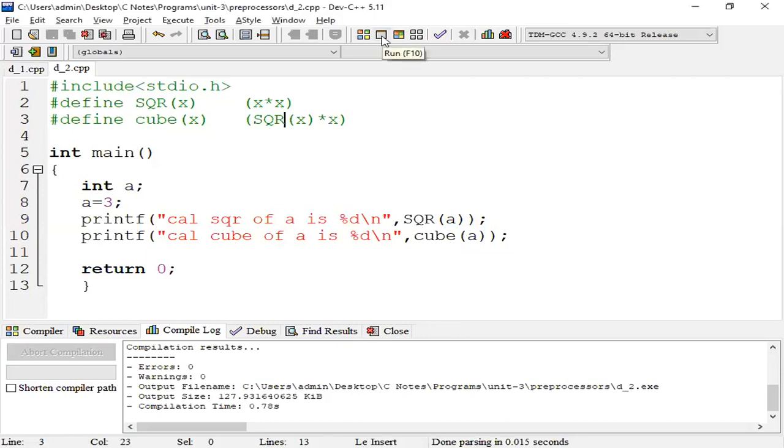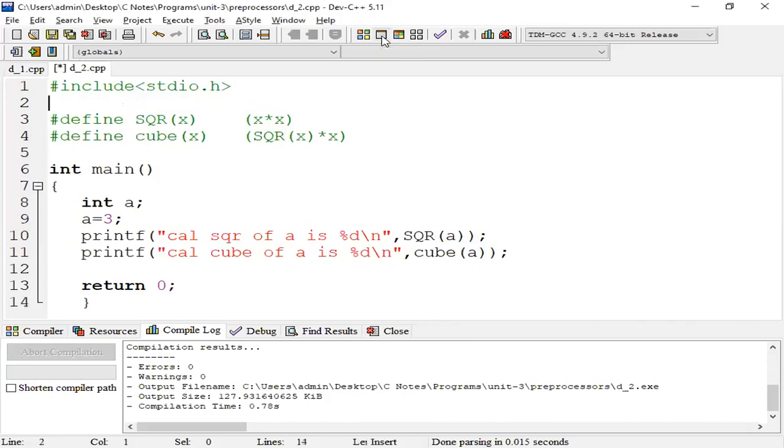Next, we can discuss one more piece of information. Define PI 3.141. Next, hash undef PI. Once we declare PI and then undefine it, after undefining a particular macro, it will not affect the following part of the program.